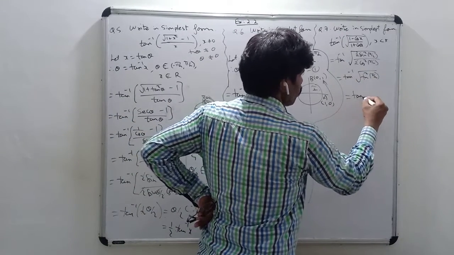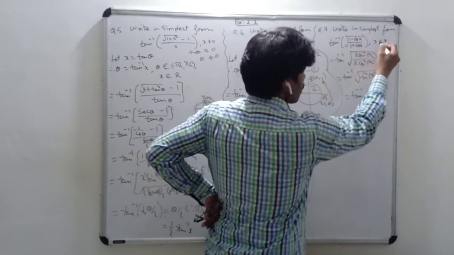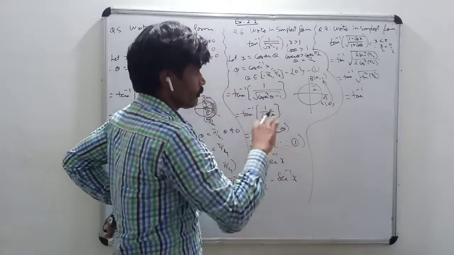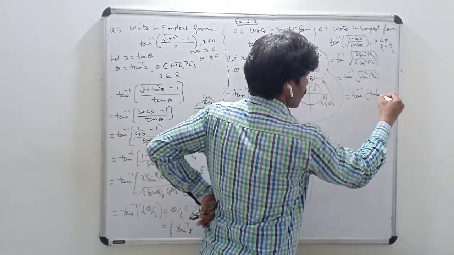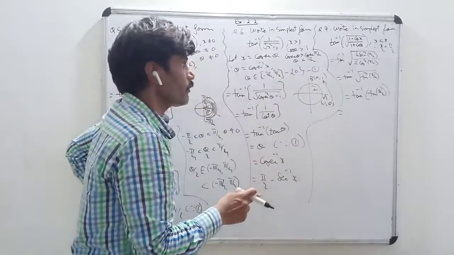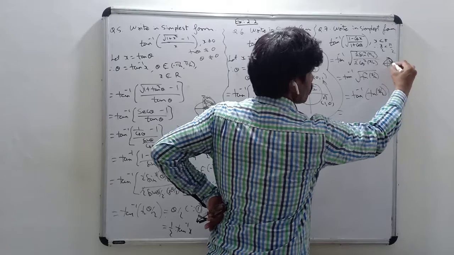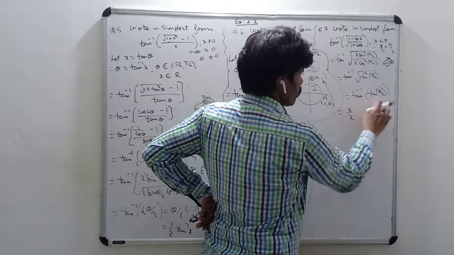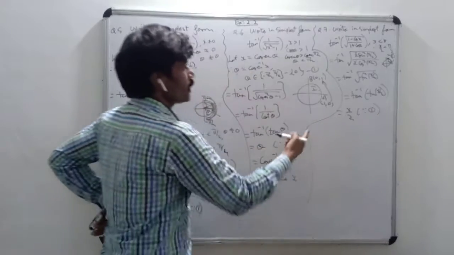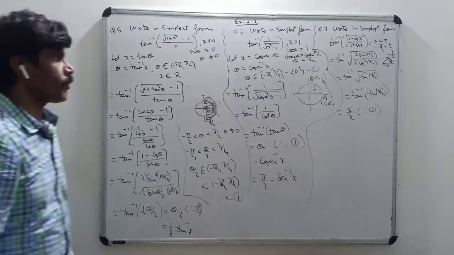Now this will be tan inverse of root of tan square, that will be mod of tan x by 2. But x by 2 is less than pi by 2, which means it is in the first quadrant. So here directly write tan of x by 2, since in the first quadrant the tan function is positive. Now tan inverse of tan of something, I can write as something if something is in the first quadrant. Yes, x by 2 is less than pi by 2, so you are in the first quadrant. So I can write x by 2. Okay, so this is the simplified form: x by 2 is the simplified form of tan inverse of root of 1 minus cos x upon 1 plus cos x.